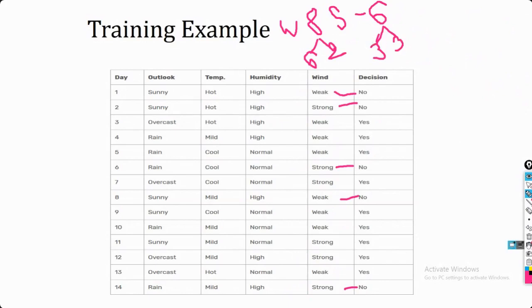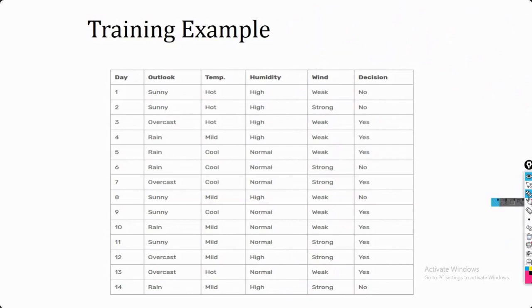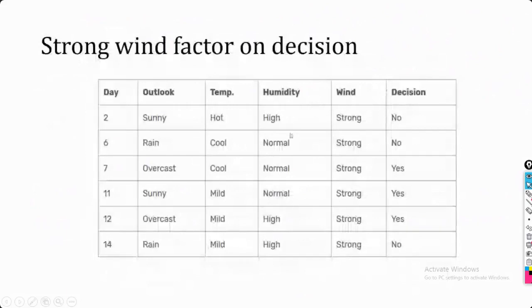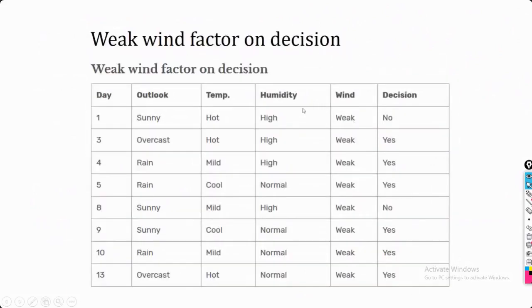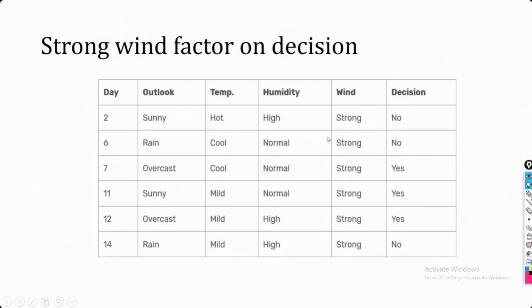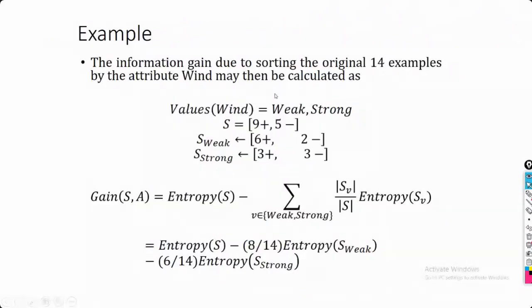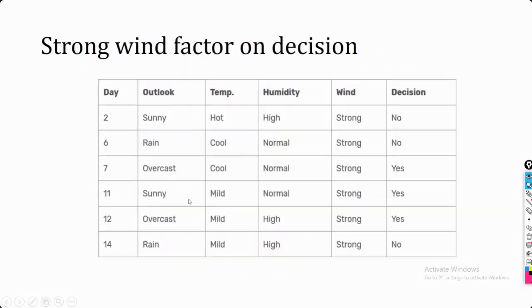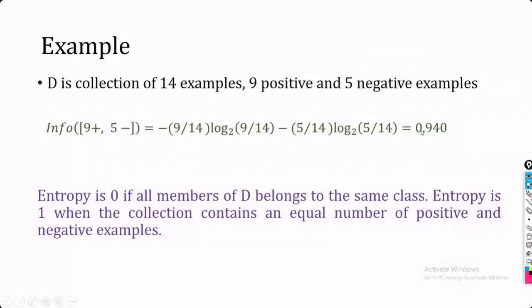So what is our formula? Let's see. This is just the division which I have explained. For weak we have this combination, for strong we have this combination. Next we are further dividing it, how many weak and how many strong we have. Let's keep all these values here. As I said, first we count how many positives and how many negatives are present in my data. I have calculated that here as the entropy of S. So entropy of S we have already calculated as 0.940.